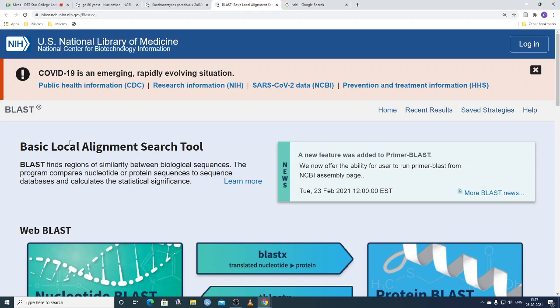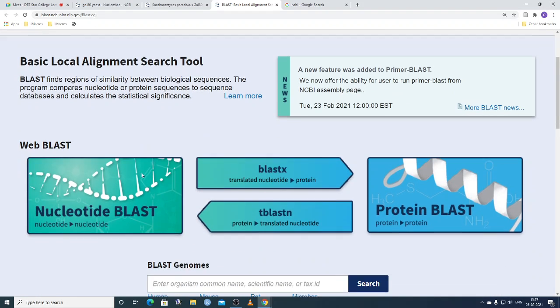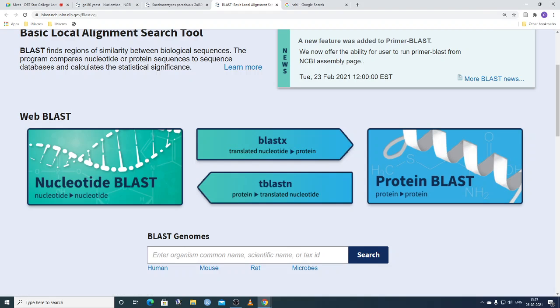So this basic local alignment search tool finds the similarity between biological sequences. The program compares nucleotide or protein sequences to a sequence database and calculates the statistical significance. So different statistical methods are being analyzed. BLAST can be nucleotide BLAST. Nucleotide BLAST means you want to search nucleotide against nucleotide. You put a nucleotide sequence in the BLAST and you want to know the identity of that sequence,